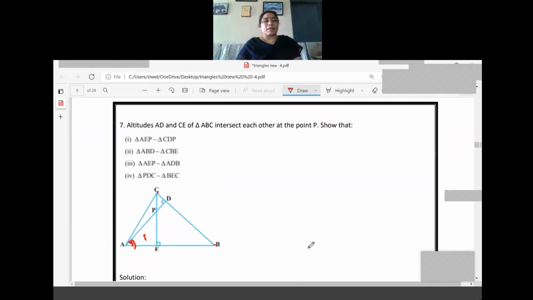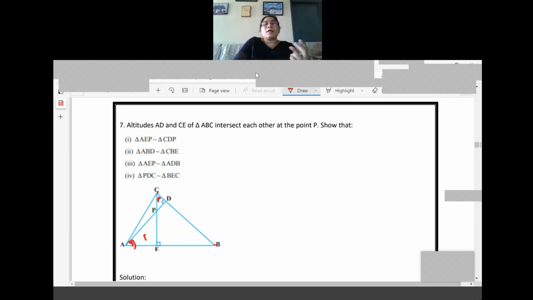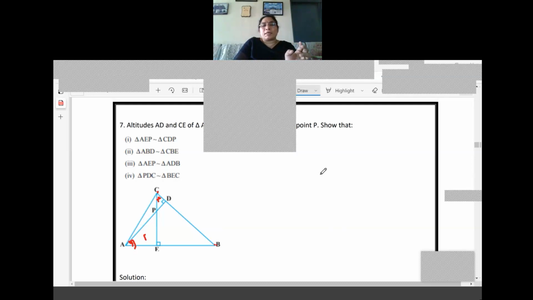Let us see the diagram once again. Triangle PDC, the small one, and BEC here. So which is the common angle? It is C, and there are 90 degrees there. So here already you have seen that two angles are coming: one is 90 degrees and one is a common angle. In the majority of cases, in one case we have seen it is a vertically opposite angle. So whatever angle you are choosing, you have to go for the reason that is applicable there, and with that you can identify two angles and the criteria can be written.